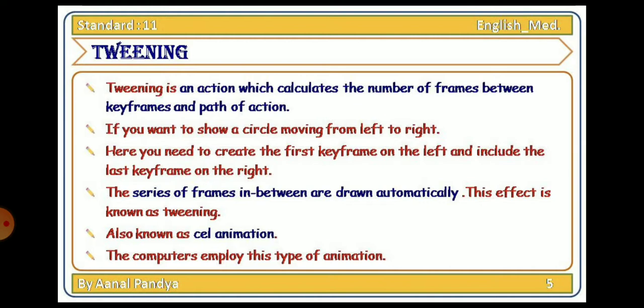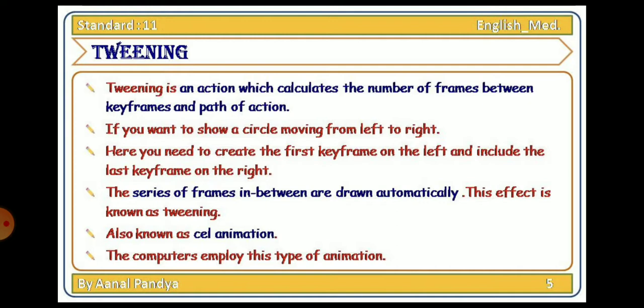Here it is the same as a keyframe, but the difference is that it adds the series of frames in between, along the path of action. If you want to move the circle from left to right, it will also add the keyframes in the path of that action.